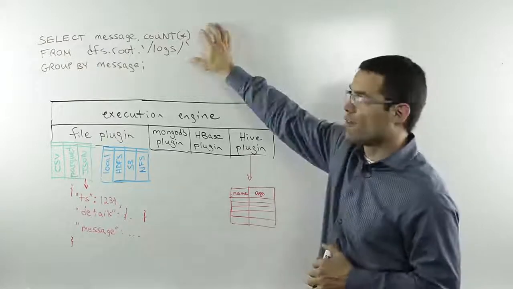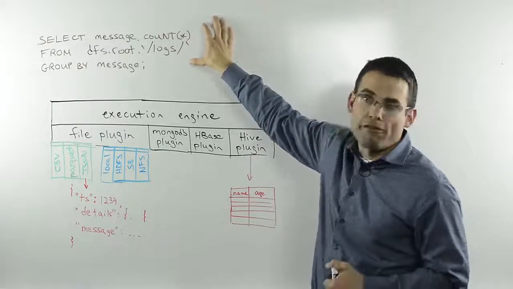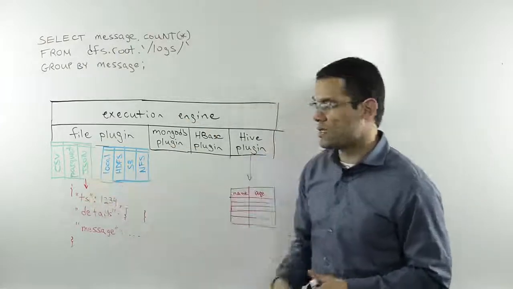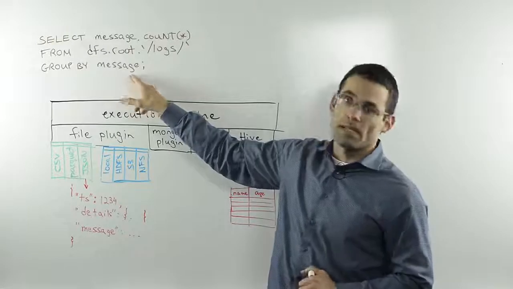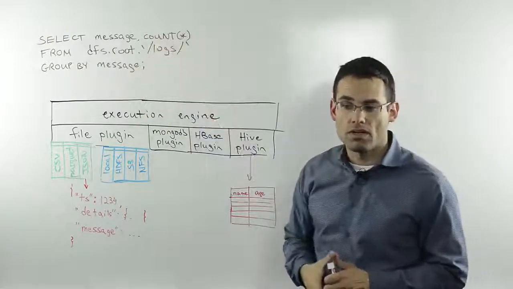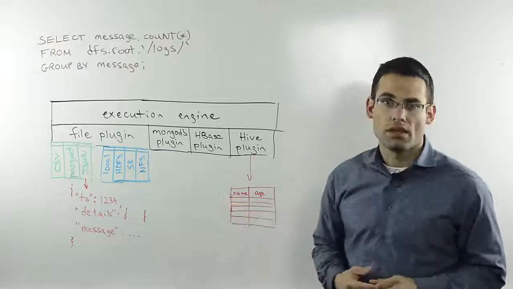Drill is going to look at every file inside that directory, and based on the extension of that file, it will know what type. In this case, let's assume these are JSON files, and we're going to group by message. Basically, we're producing a count of how many occurrences of each message there are in the log files